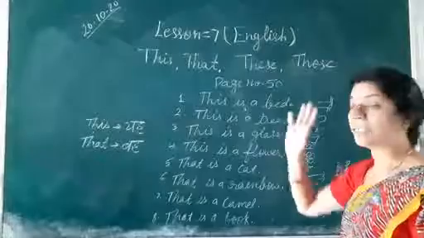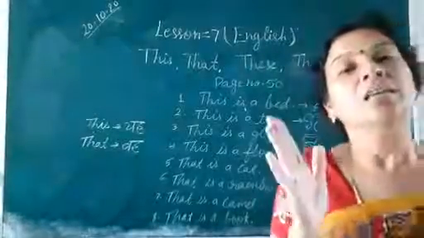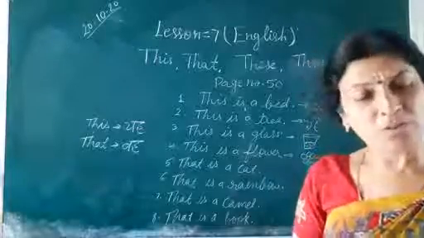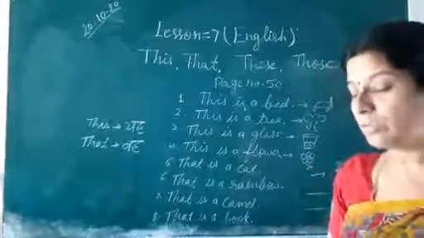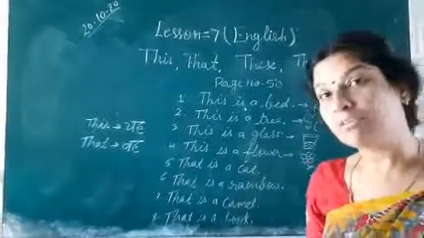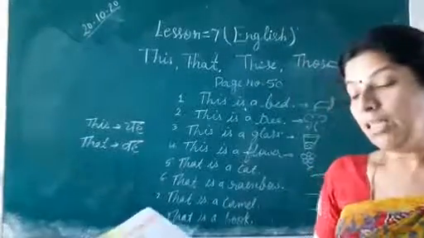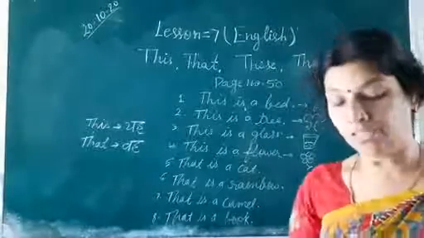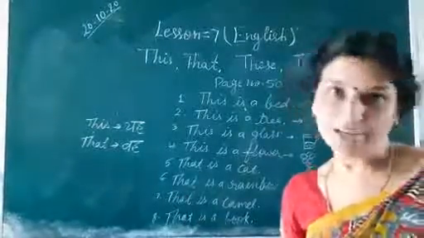तो आपको आज इतना ही पढ़ना है और समझना है कि दिस किसके लिए आएगा? थिंग्स विच आर नियर टू अस. थिंग्स भी हो सकती है, प्लेस भी हो सकता है, एनिमल भी हो सकता है. दैट इज यूज फॉर पर्सन, प्लेस और थिंग दैट इज फार फ्रॉम अस. दिस इज यूज फॉर पर्सन, प्लेस और थिंग दैट इज नियर टू अस.